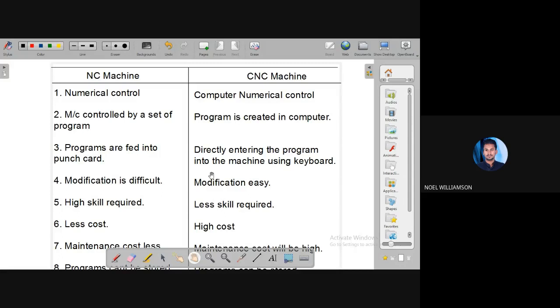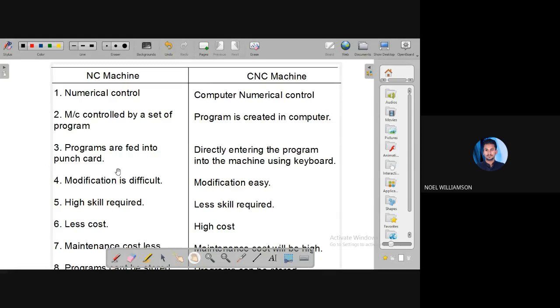Regarding the programs, in the NC machine the program is just a set of instructions in terms of numbers, letters, symbols, etc., and this is fed to a punch card. While in the case of a CNC machine, it is directly entered using the keyboard available in the machine itself.